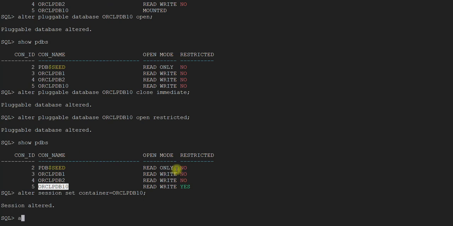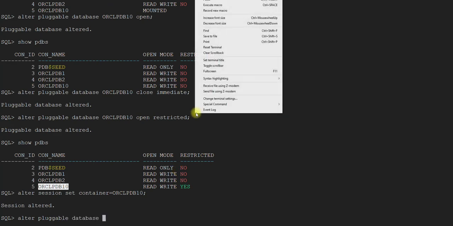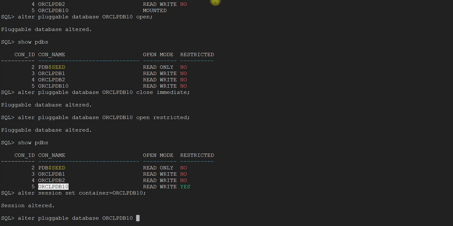You have to run alter pluggable database rename global_name to ORCL PDB3.